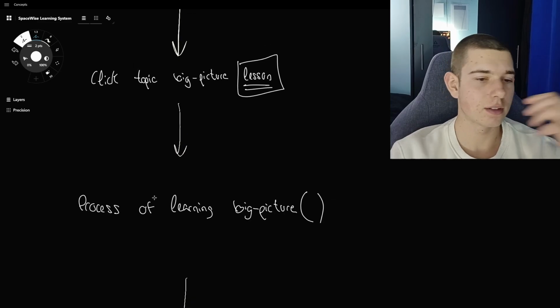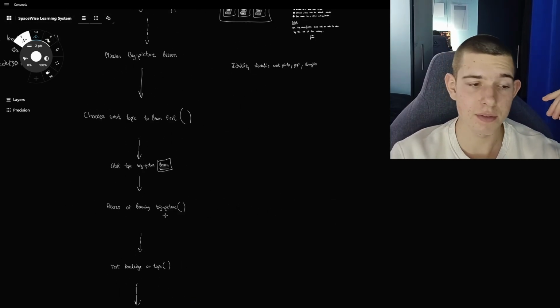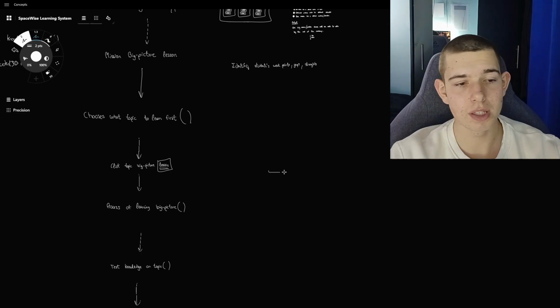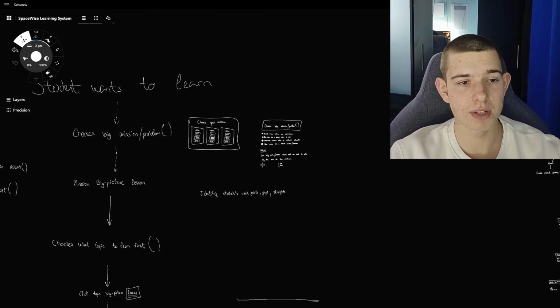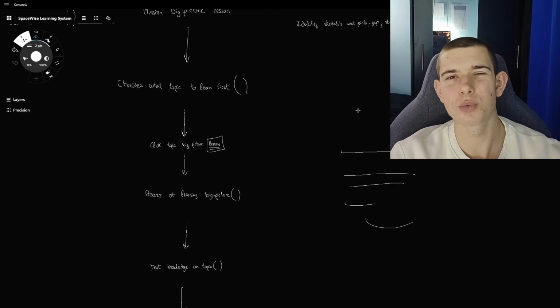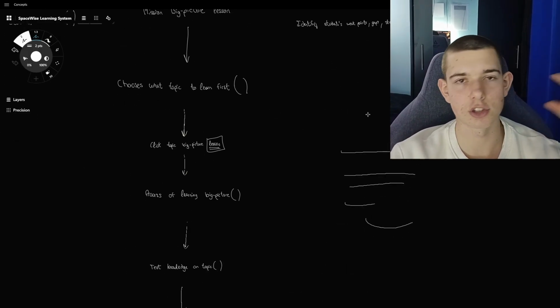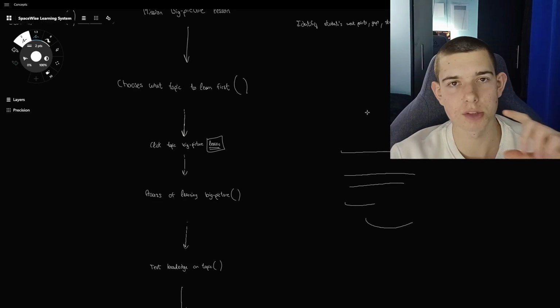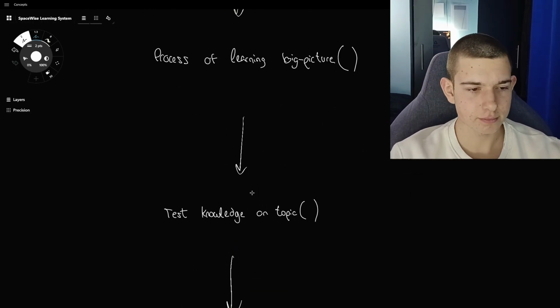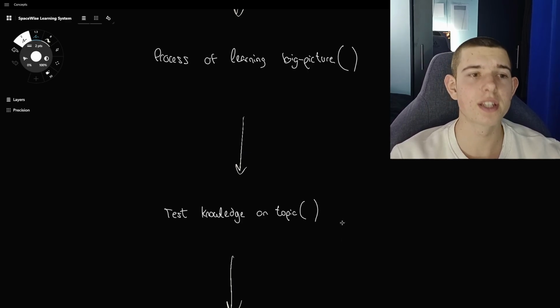And then there will be the process of learning the big picture, which I haven't defined yet, but there will be something here, and I will do basically the same thing as here, but for every single process, so that it's really defined, it's really clear, and the functionalities are really clear as well, so that I can start coding as soon as possible. Then the app will test the knowledge of the student on this topic,